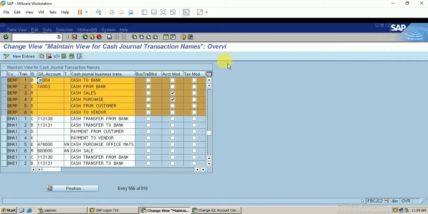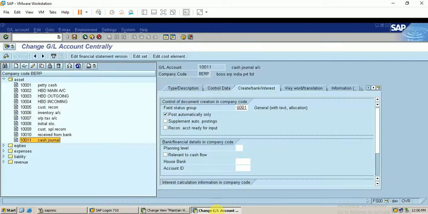And the next thing is business transaction blocked. If I don't want this business transaction any more for my company code, I can make a selection on this. And the account modification. What I've done here is, for example, for cash to bank, I've defined a GL account. I'll just show you what this GL account is. This is a bank incoming account.